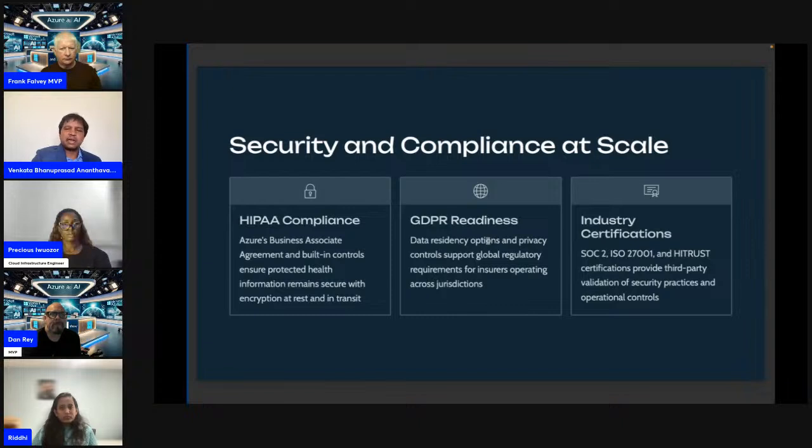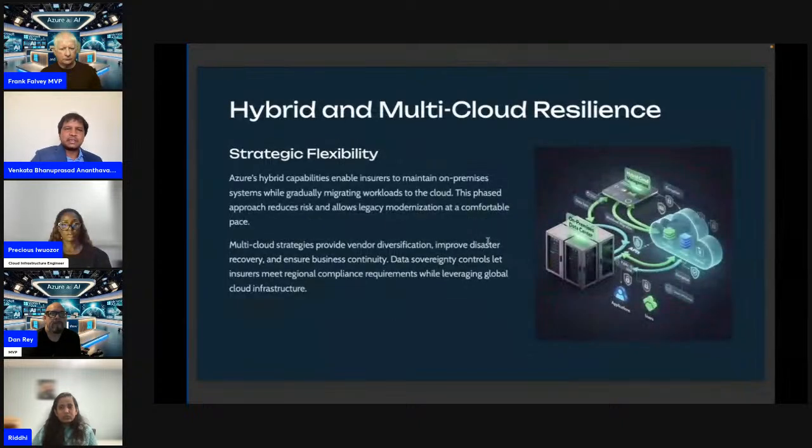Now coming to the next slide. Here you can see hybrid and multi-cloud resilience. In this, we have strategy flexibility. Digital transformation does not require an all-at-once migration. Many health insurers operate complex legacy ecosystems that must continue running while modernization progresses.